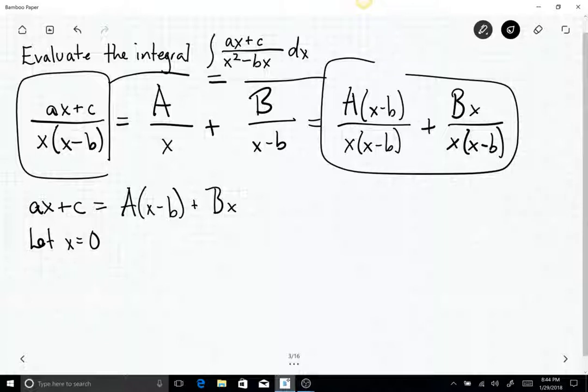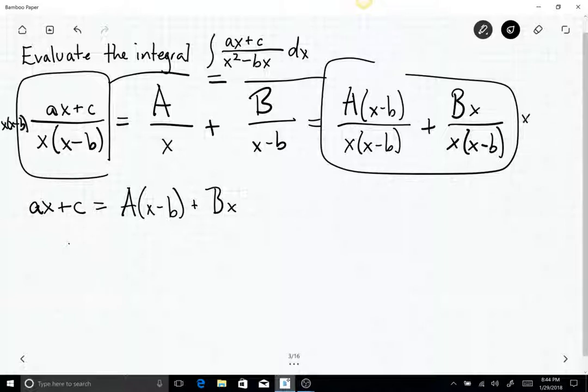So notice you get a times 0, which is just 0, so you get c. So this is an implies symbol. So that means you get c. Oh, okay, so great question. So there's a question, how do we get rid of the denominators? You don't even need to cross multiply. So if I multiply both sides, so let me go over here, I'll go x times x minus b,